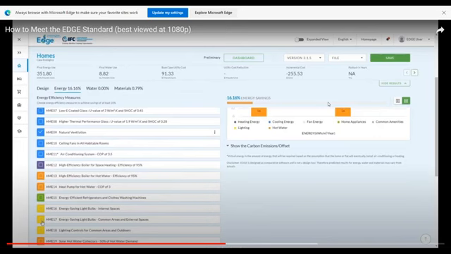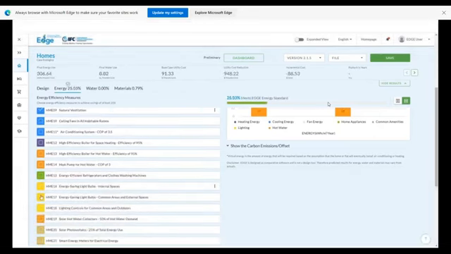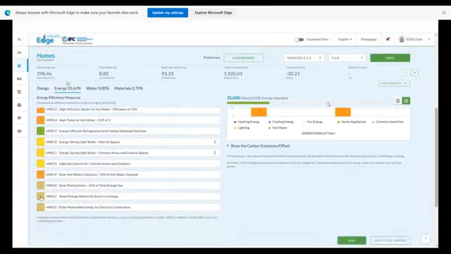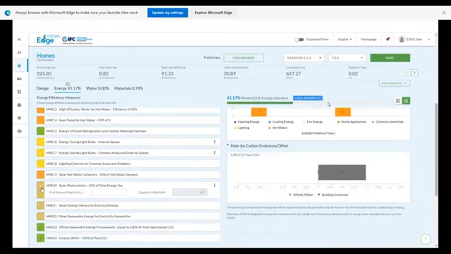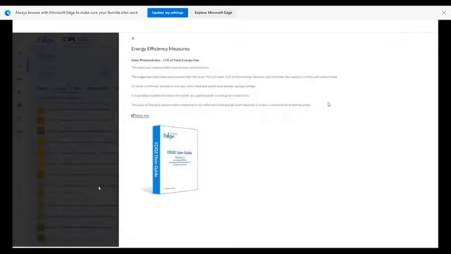Here, enter specific details for each measure, such as the solar photovoltaics percentage of annual electricity use. Any changes made will override the suggested improved case in the name of the measure. Click on the name of the measure to learn more. From there, access the EDGE user guide for more in-depth information on the measure.